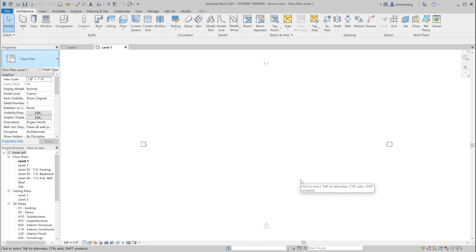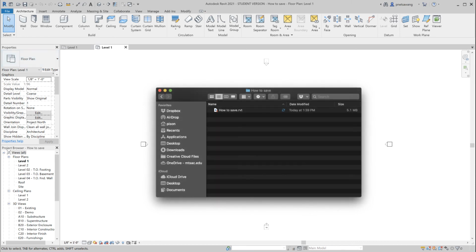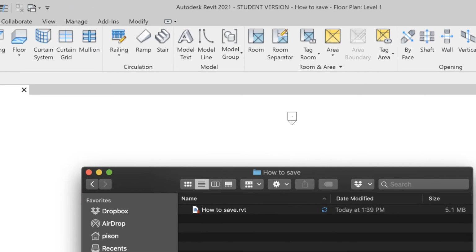From this point on, every time when you save the project, a backup file will be created. The number of backup files created will be the same as what you specify on the save options. The backup file will be saved at the same location as the project file. Here is the file that we saved a minute ago. The name that you see on this folder should match the name that you see up on top of the screen. Now, if I save this project one more time,